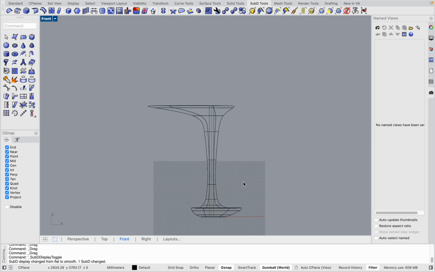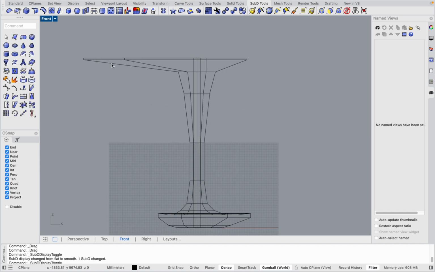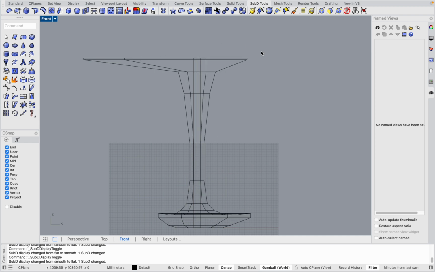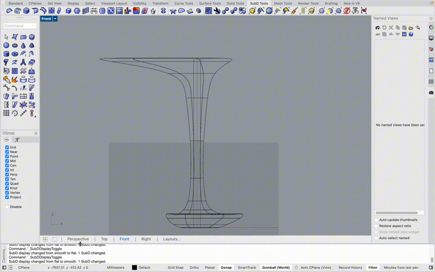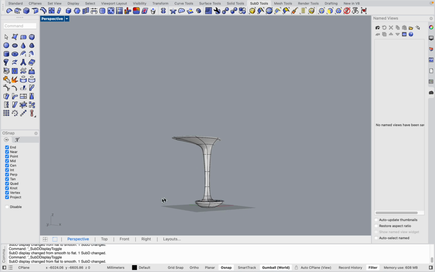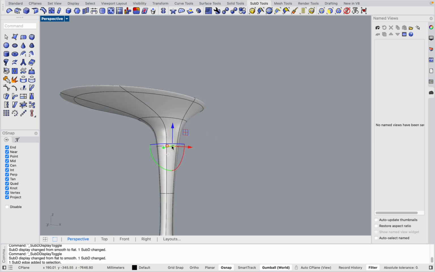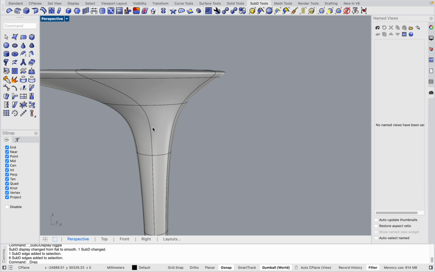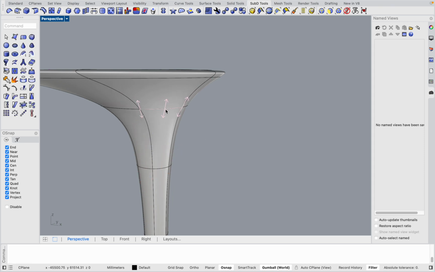Okay, let's see. You see that when you press tab, the size of the shape actually changes. So you have to keep it in mind that in the unsmoothed mode, it should be bigger than you need. Okay, let's look. I think that here it is not very beautiful. Let's make it smaller and let's move it down and let's make this one, this whole loop,